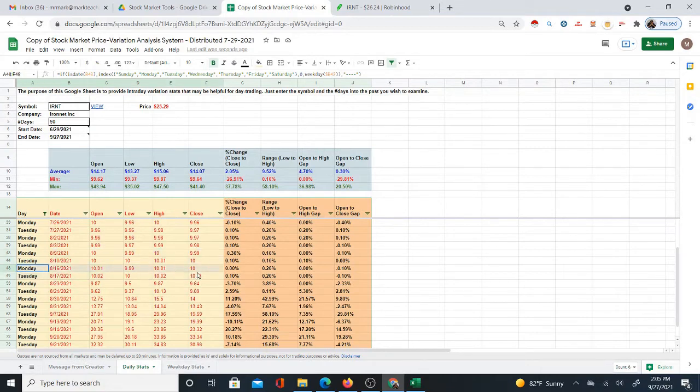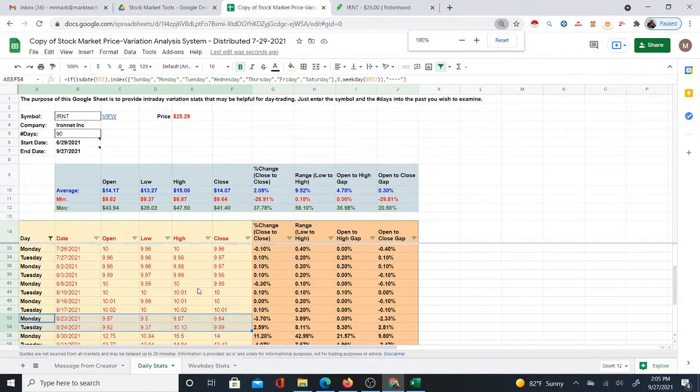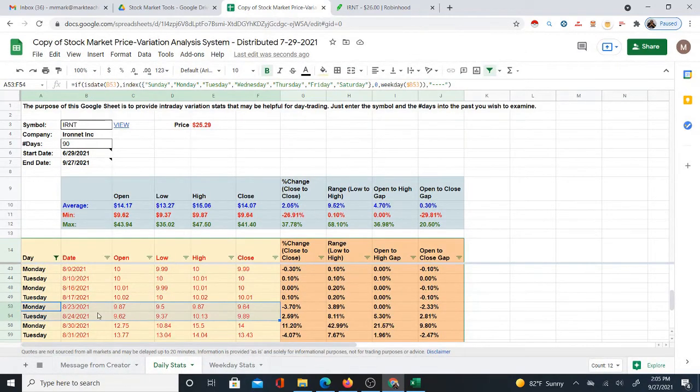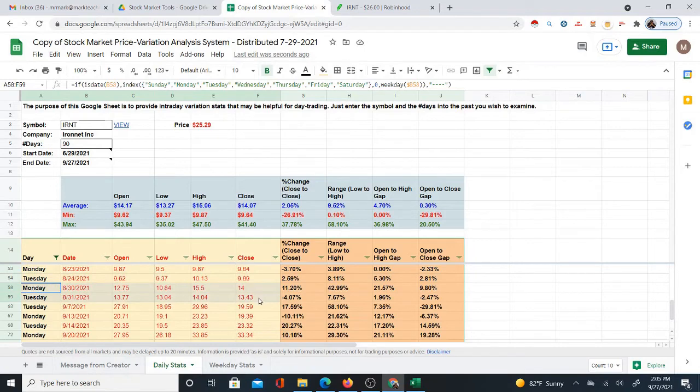Now they increased a small amount, but you can see the pattern here of these price points increasing between Monday and Tuesday. Now it's not perfect. I mean, there are going to be some that go down, like this open went down, this low went down here, but the high went up and the close went up right here between the 23rd of August and the 24th. And I'm actually going to zoom in a bit more. Sorry, I should have thought of that before, so you can see this a little better. So you can see these two still went up significantly, right? So I'm looking at all the groups of Monday, Tuesday here,